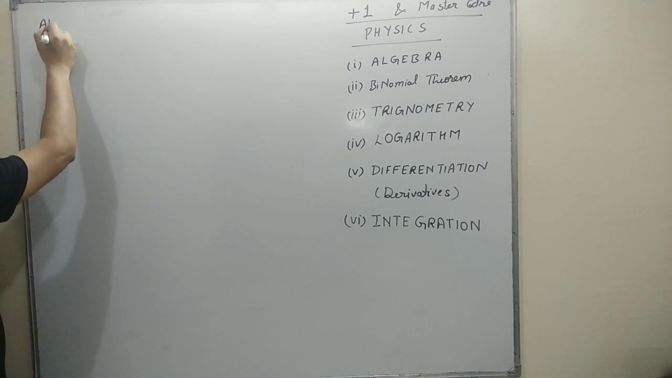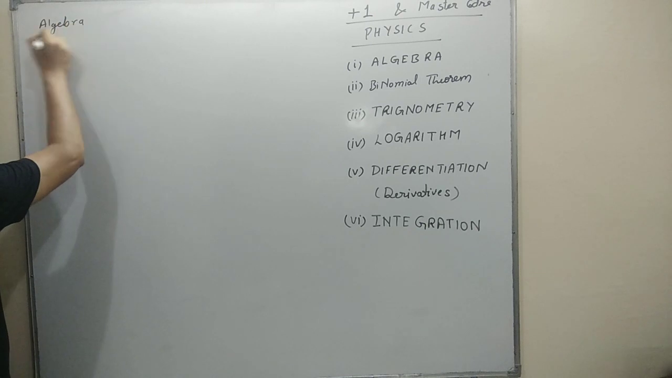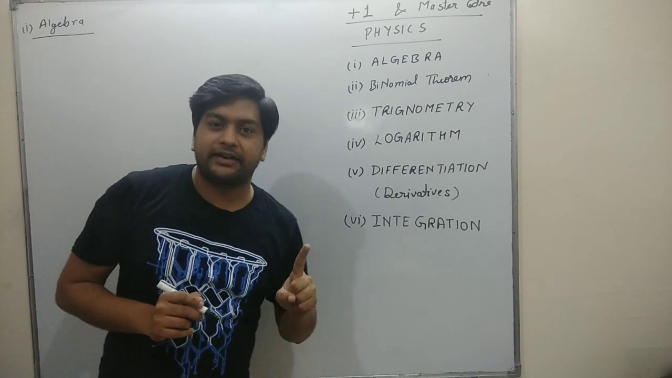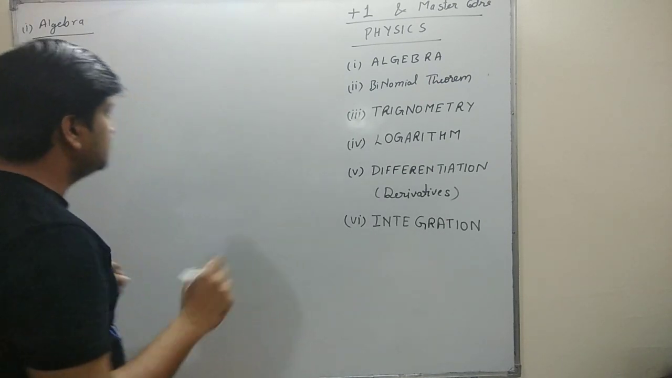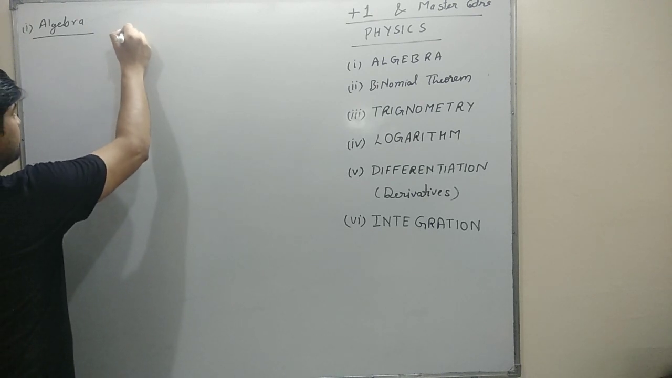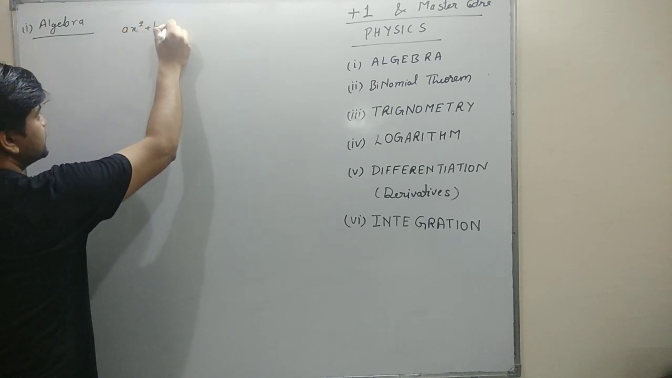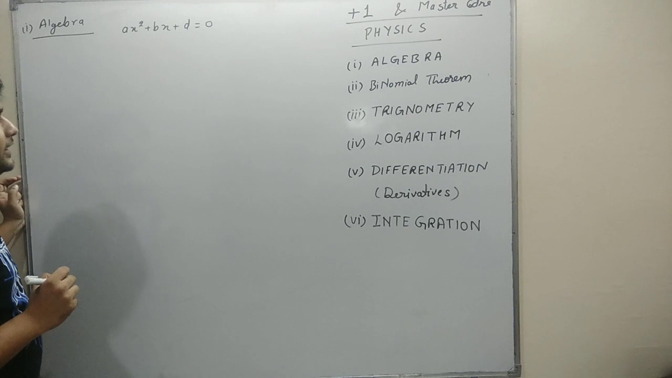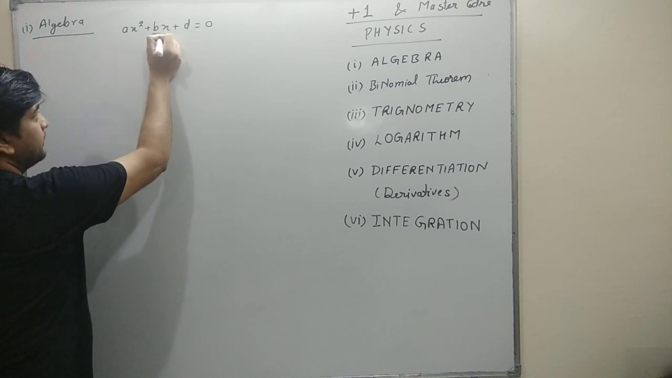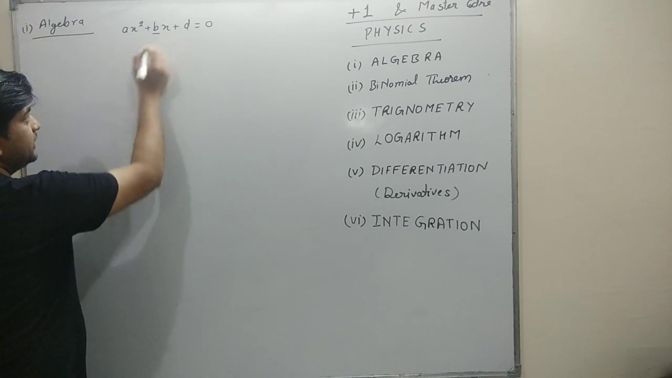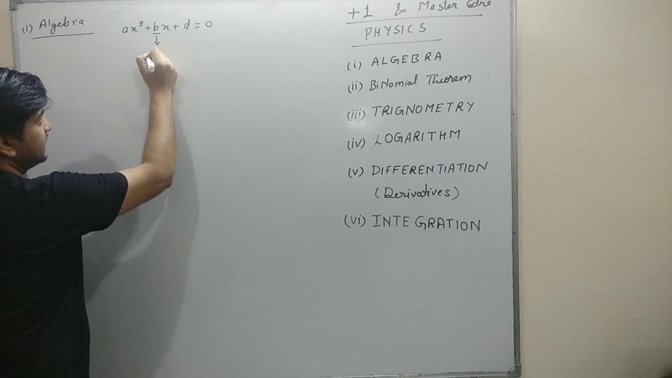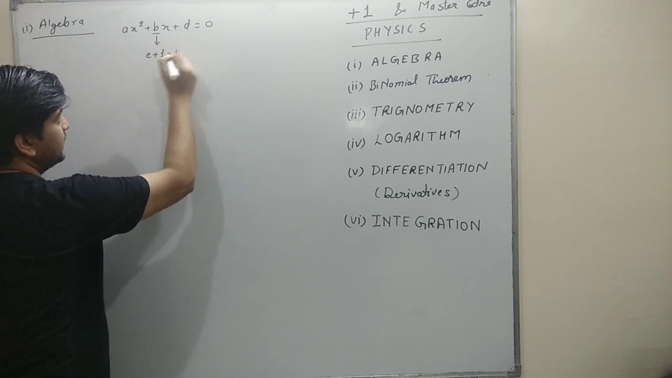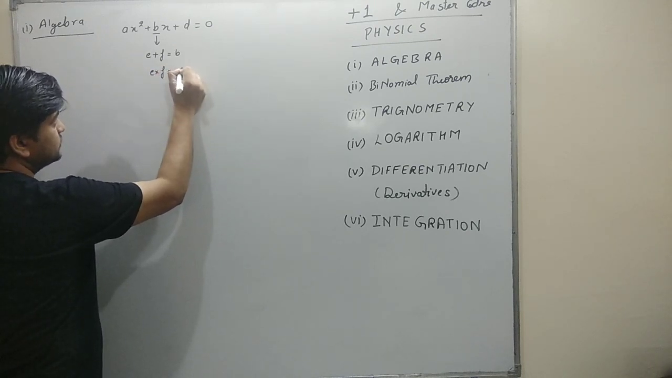In algebra, we need two main formulas: one factorization, second binomial. So this is a quadratic equation, and middle term split. B should be split in two parts, like E plus F is equal to B, and E into F must be equal to A